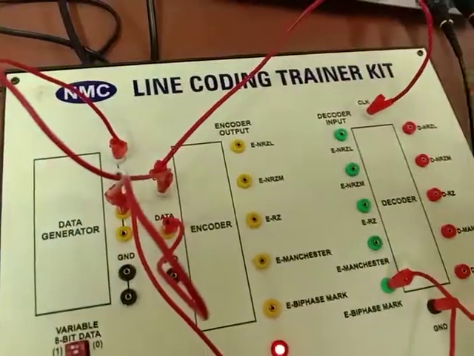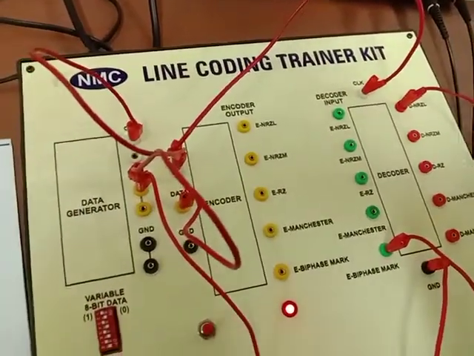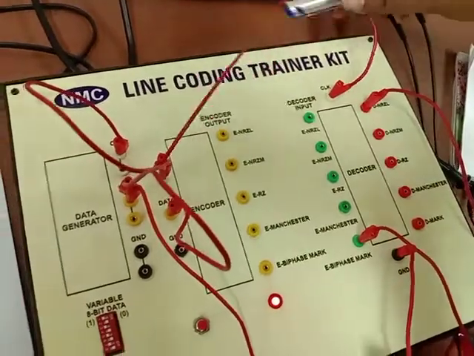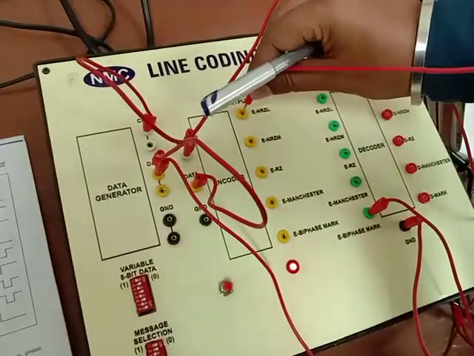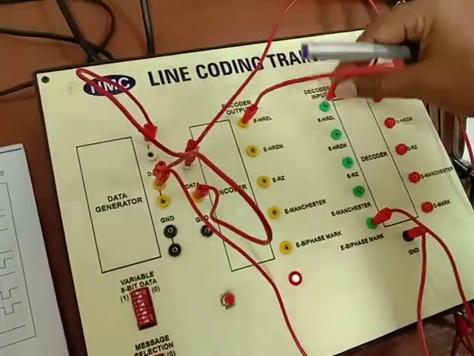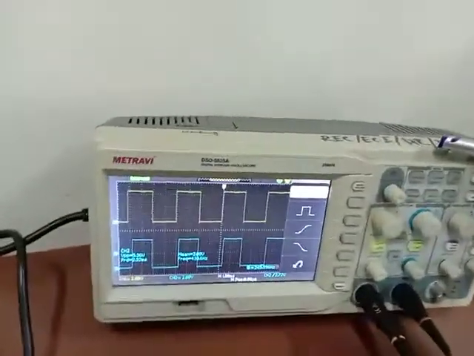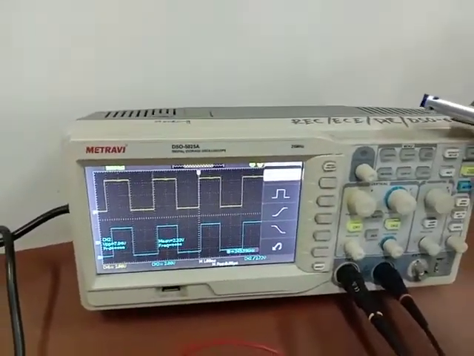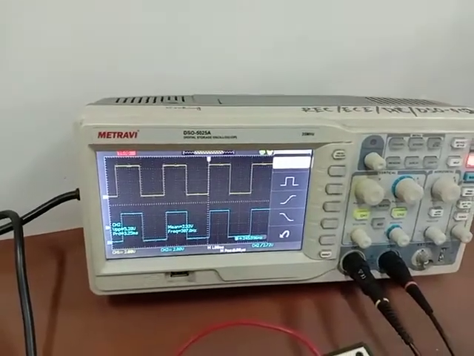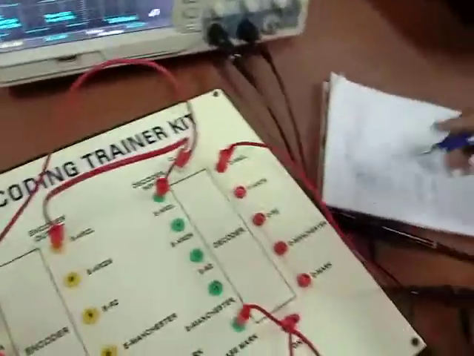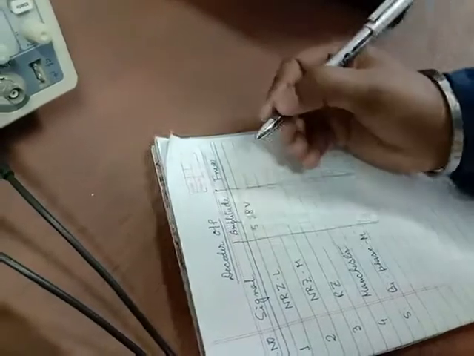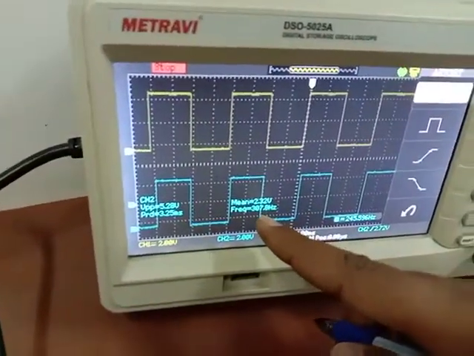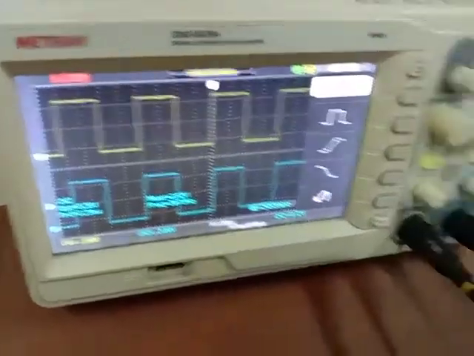As well as, I will take one output from this decoder part also. In this decoder part, for NRZL, the amplitude is 5.28 volt, and the frequency is 307.8 Hertz.